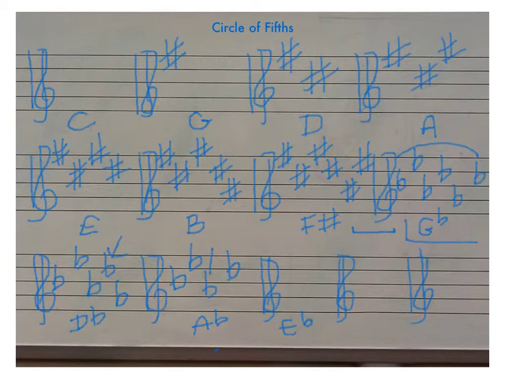If we continue to take flats away, we would only have 3 flats this time: B flat, E flat, and A flat. E flat's the penultimate flat, so this is the key signature for E flat. Now we're down to 2 flats, B flat and E flat. And the penultimate flat in this case is B flat,